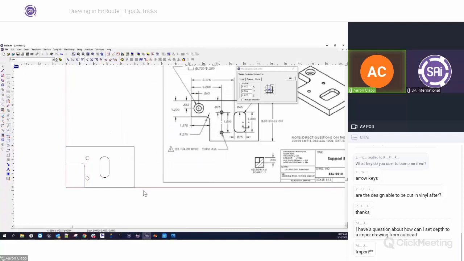Okay, thank you. And then Maria had a question: I have a question about how I can set depth to import drawing from AutoCAD. So anytime you import anything from AutoCAD, it should maintain layers and depth of lines if everything is designed in a plane